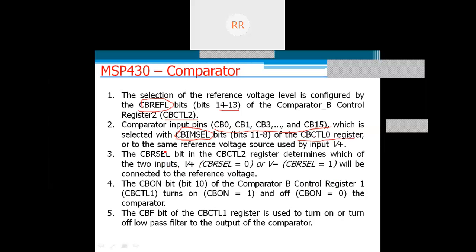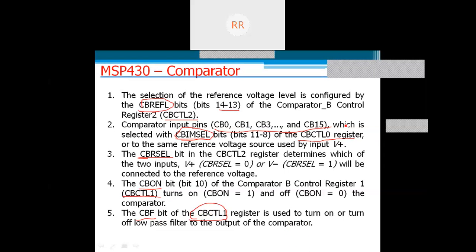Similarly, control register 2 has the reference voltage selection bits, and the CBON bit is available in CB control register 1. So different control registers have different selection and programming bits. After knowing these locations and the register contents, we can easily program the comparator and make it work for our applications.